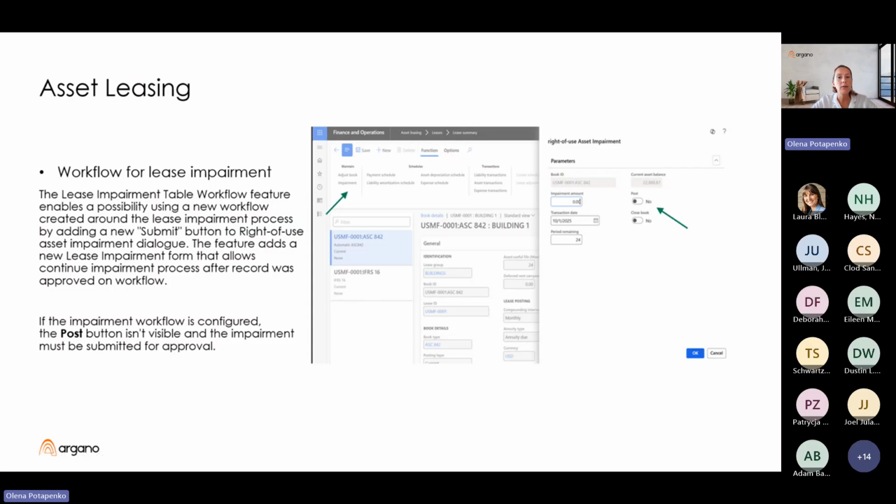I want to start today with the first features for asset leasing. And in D365, we have a separate module for asset leasing. Not many clients use this module, but for those who are using it, Microsoft in this release implemented a new workflow. This workflow is for lease impairment. And for example, if you do configurations for this workflow, when you click on the impairment button,